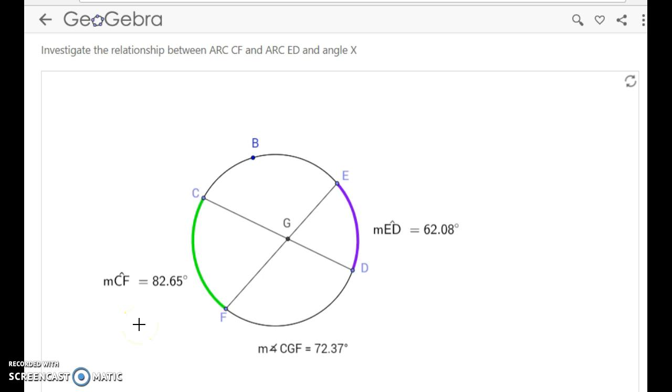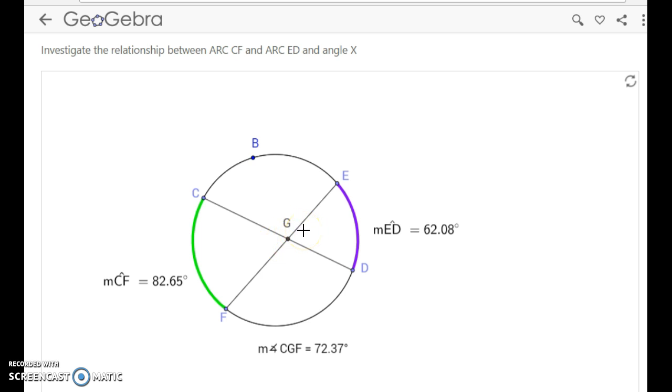In the second one, what we're going to take a look at is what happens when the vertex is not at the center of the circle. We don't have a central angle, but it is inside, so it's not inscribed, but it's definitely inside that circle. So we've got two arcs here. I'm looking at this angle G, first of all, angle CGF, so that's this guy right here. Also, on the other side of this angle, I've got a congruent angle EGD, which should be exactly the same,